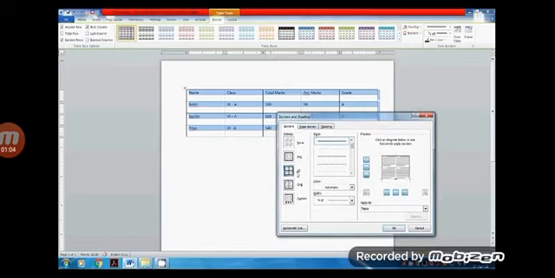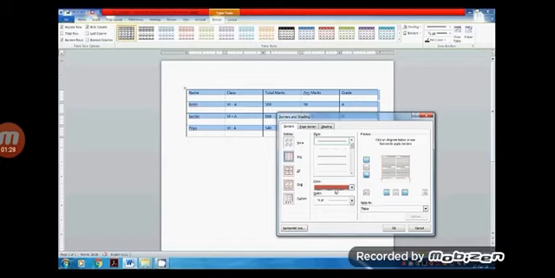Select the border setting as Box, All, Grid or Custom as needed. Select a border style from the list. Choose the color and border width as needed. You can view the applied settings in the preview area.